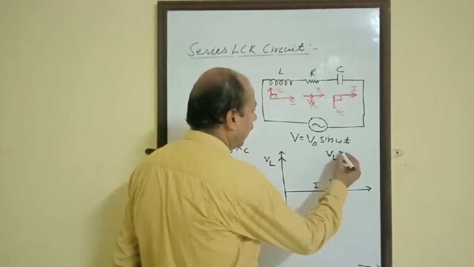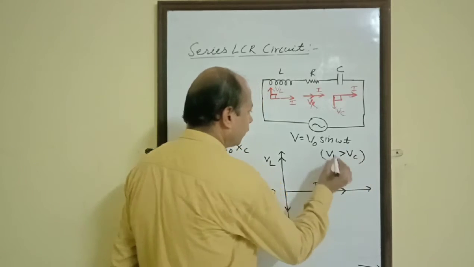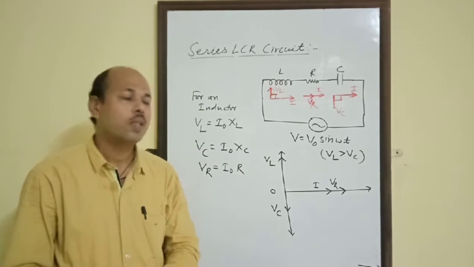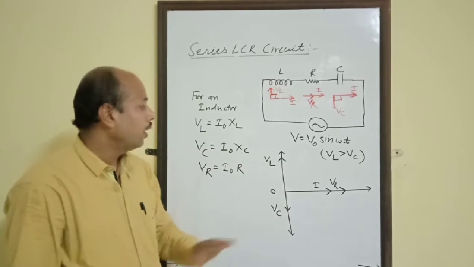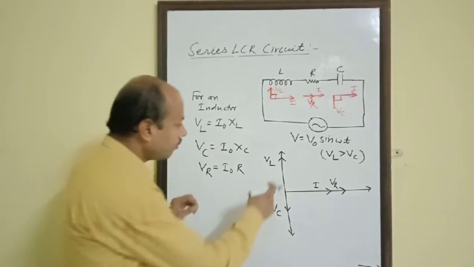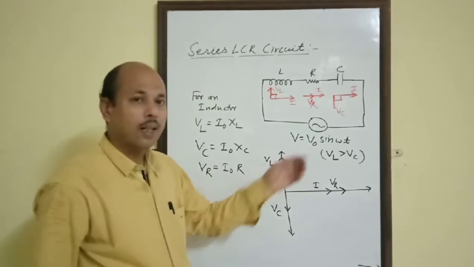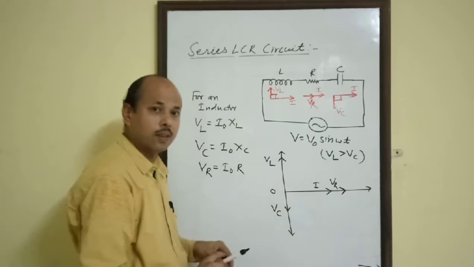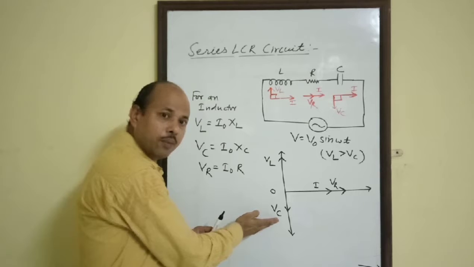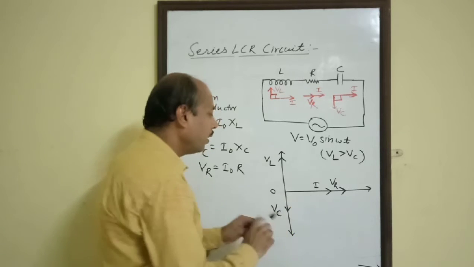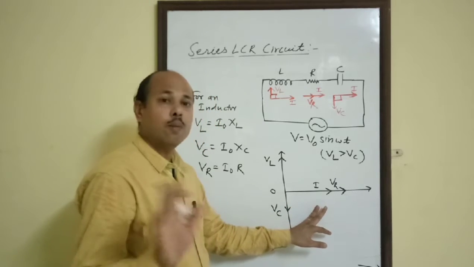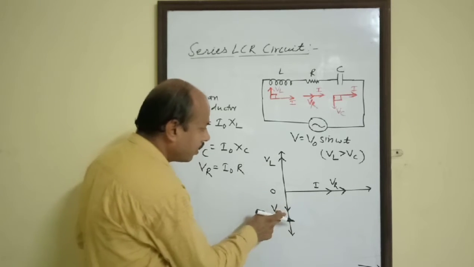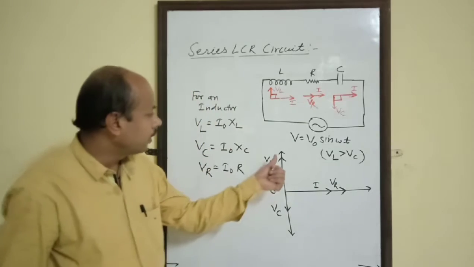that VL is greater than VC. It is arbitrarily chosen. VL may be equal to VC, VL may be less than VC, VL may be greater than VC. Here I am considering VL greater than VC so that the combined phasor diagram will be at this point. If we consider VC greater than VL, then the combined phasor diagram will be in this quadrant, and otherwise there will be no effect. So since here it is VL, this is VC and this is VR, these three phasors